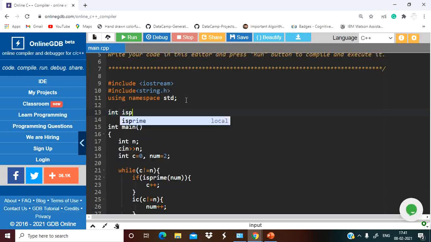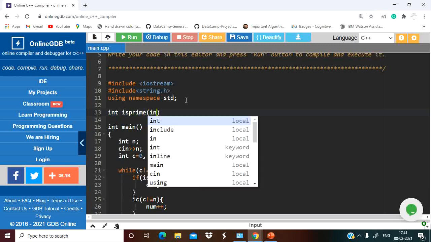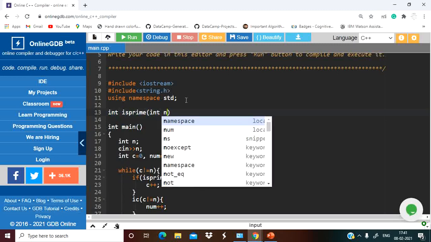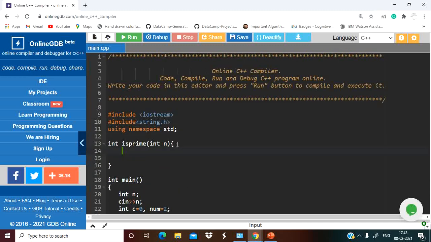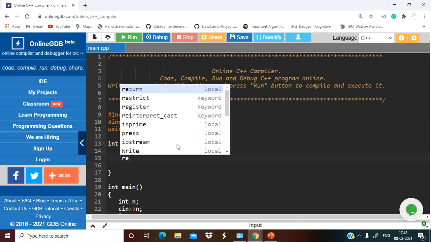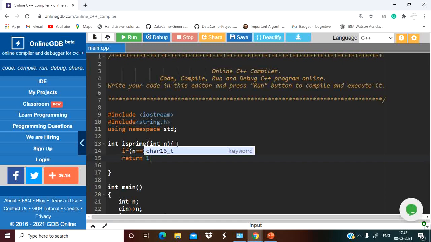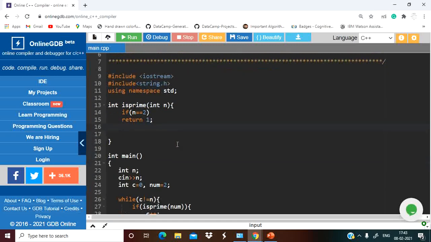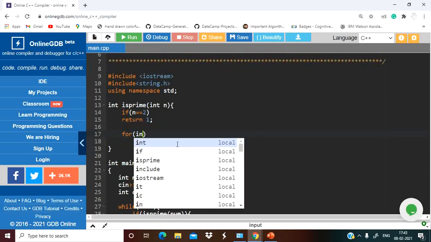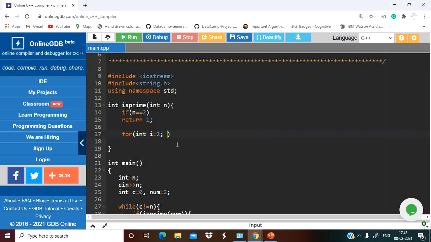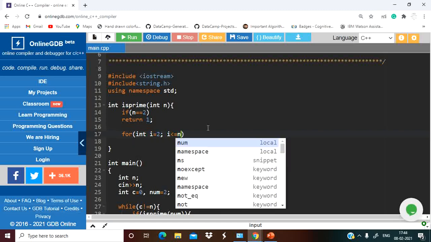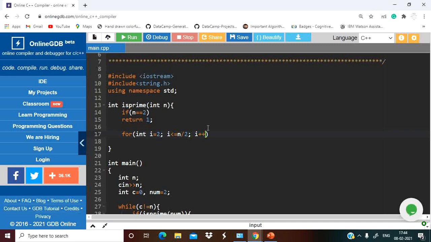So we have function int isPrime, int n. Now here, first we will check that if n equal to 2, so we know that 2 is a prime number, so simply return 1, that is, yes, this is true. Otherwise we will run a loop for int i equal to 2, i less than equal to n by 2, i plus plus.